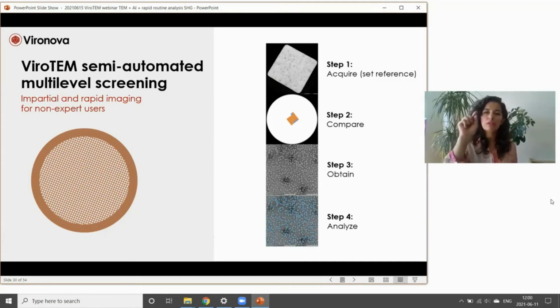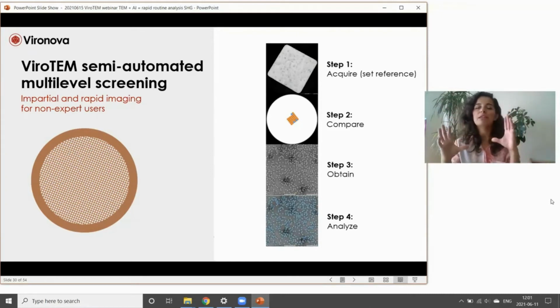And not all of the squares, which is where the imaging takes place, have got good staining that will give you a suitable imaging region or imaging area. Normally you would need an expert user or someone that has got a lot of familiarity with looking at these grids to make the assessment of which area to do the imaging in. We have been able to overcome that by using the semi-automated multi-level screening, where in step